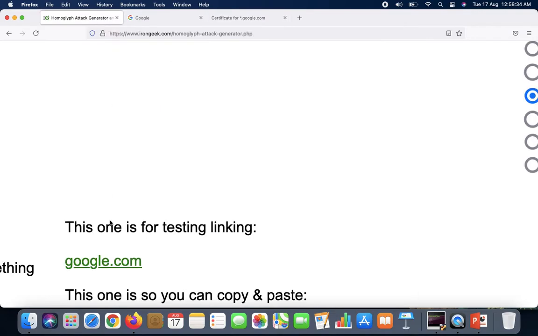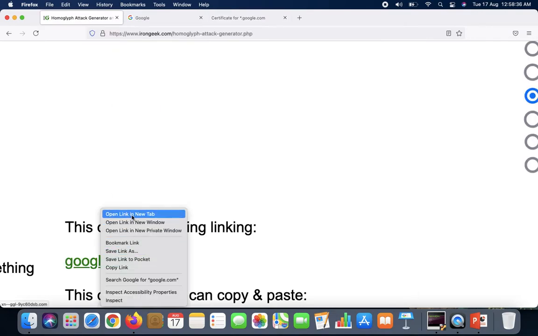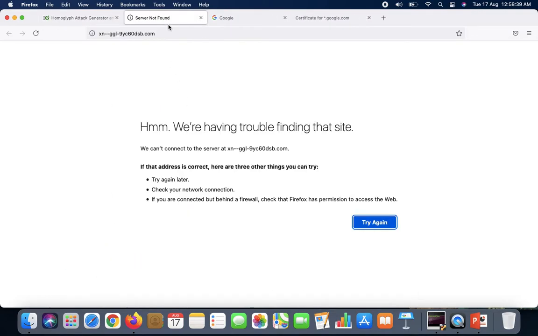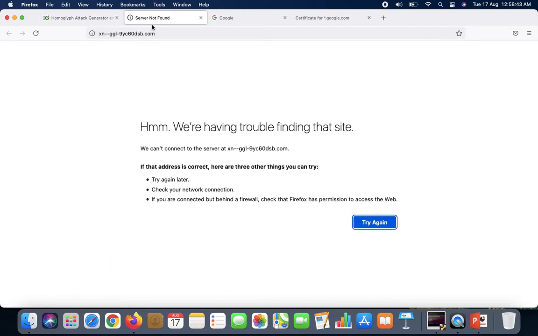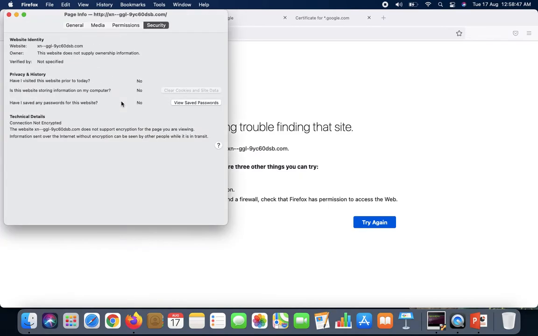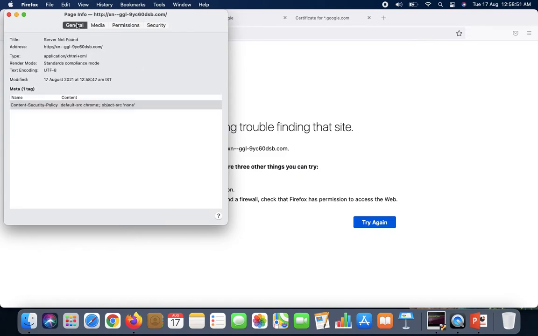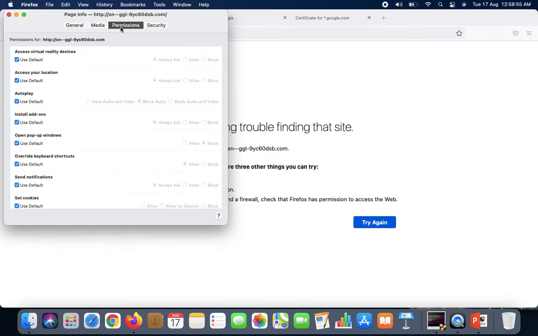But on the other side, if somebody registered a domain that looks similar to google.com, it can still be easily identifiable, guys, with the help of its view certificate information whenever you visit. So first of all, just check whether the view certificate information is available or not.